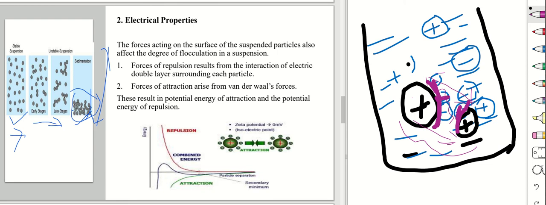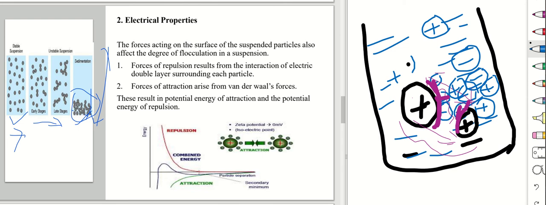And if this negatively charged ion gets attached to a positively charged one, and this again a negative charge, and this again a positive charge,